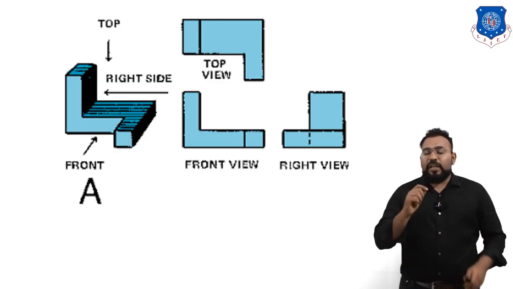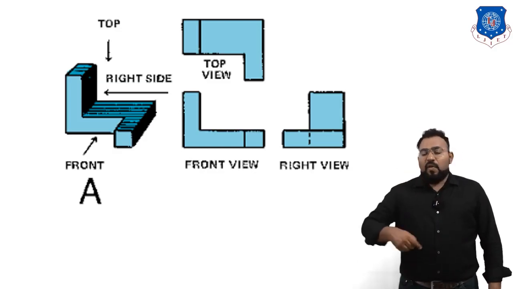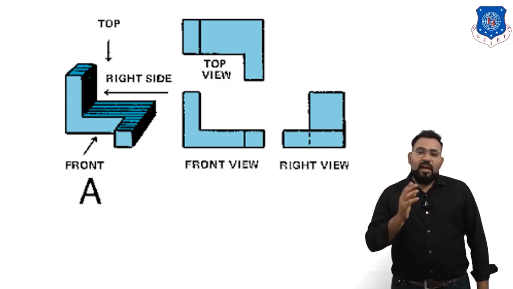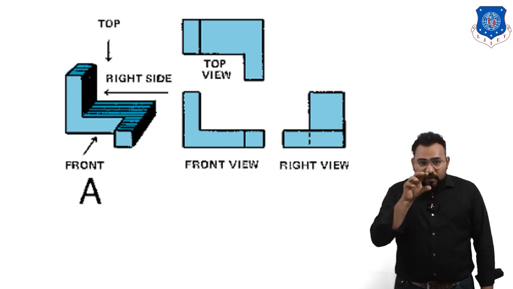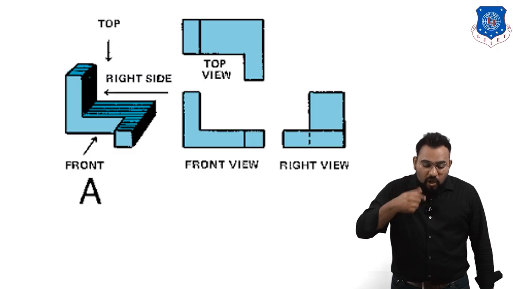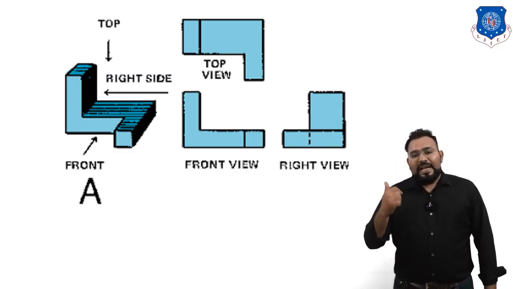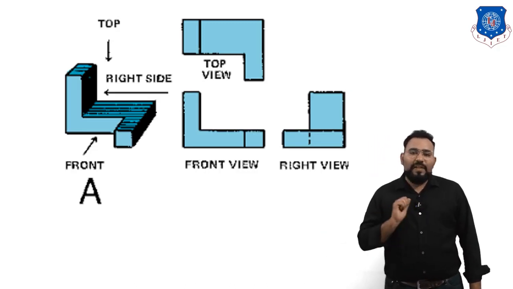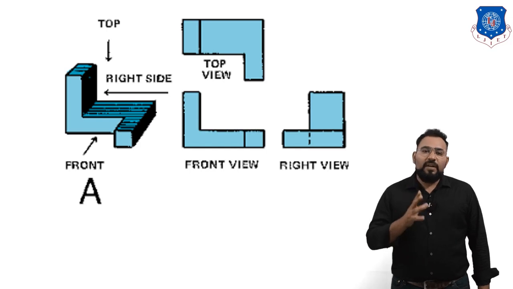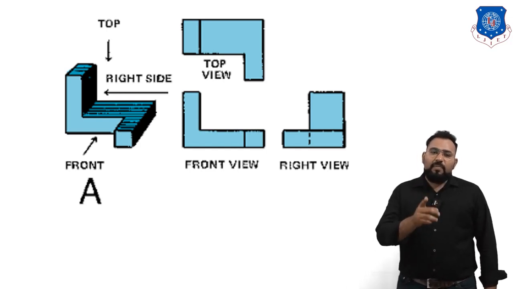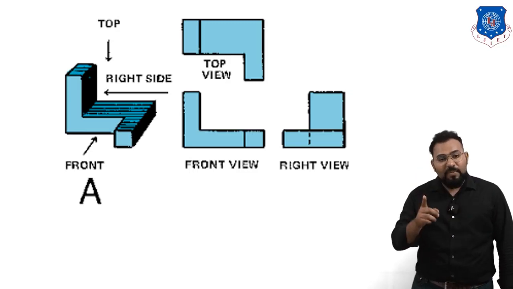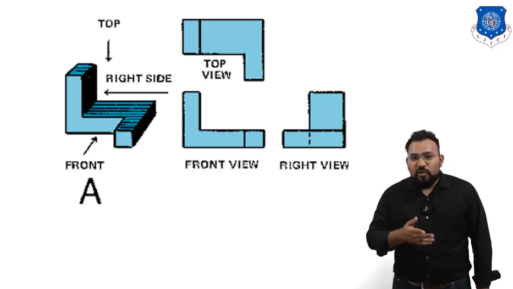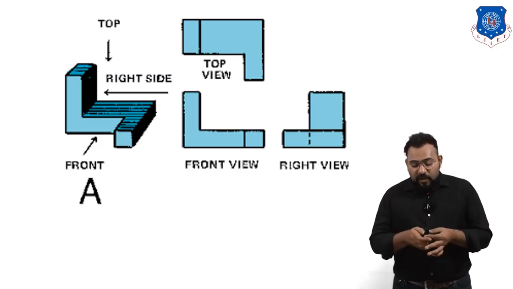So always remember, whatever the part visible, that will be darker, whatever the edge which is not visible, that will be dotted. So whenever you are looking from the observer, when he says draw the front view, you have to look at the object from the front. When he says draw top view, you have to look at the object from the top. When he says draw the right hand side view, you have to look at the object from the right hand side. Okay, so whenever you are going to do this, always remember, whatever the part visible, that will be darker, whatever the part not visible, that will be hidden. So always remember, whenever you solve an example, always see which side is going to be darker, which side is going to be hidden. Okay, so that you have to keep in your mind.